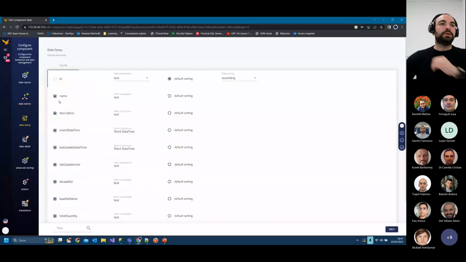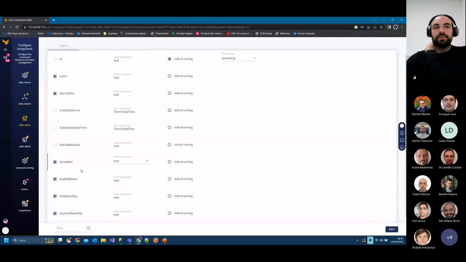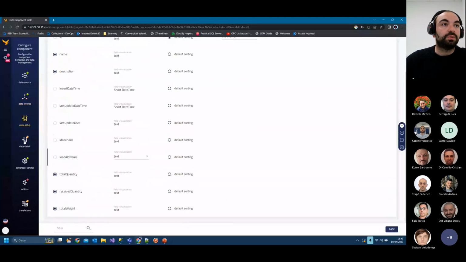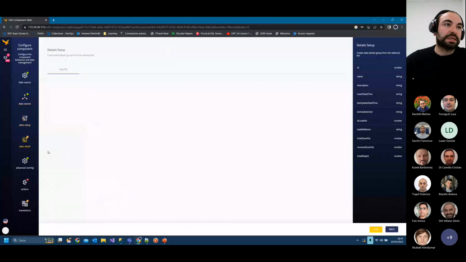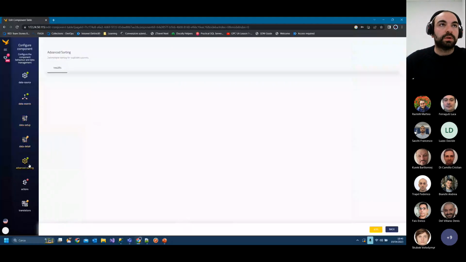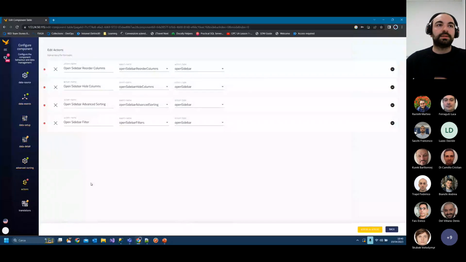Maybe I can skip this. Okay, we have just loaded. Loaded, in this case, is not usable because we have to select the table, the main table. So it's clear the loaded name from the top table, the main table. Sorry. And we finally get, I can skip the data details, advanced sorting 2, and here there is the fundamental part,